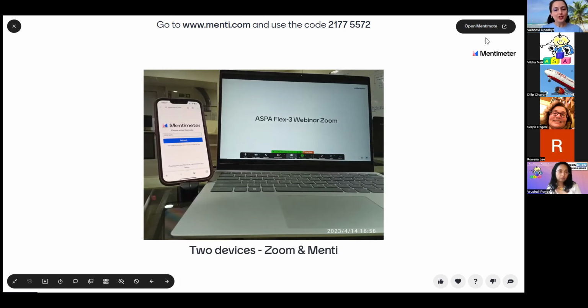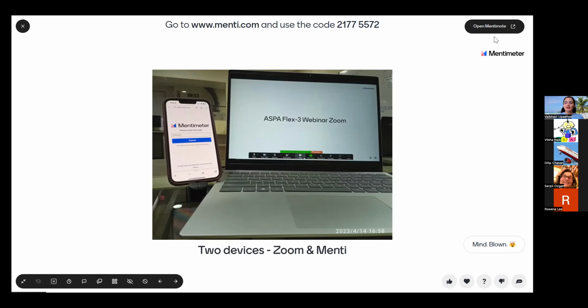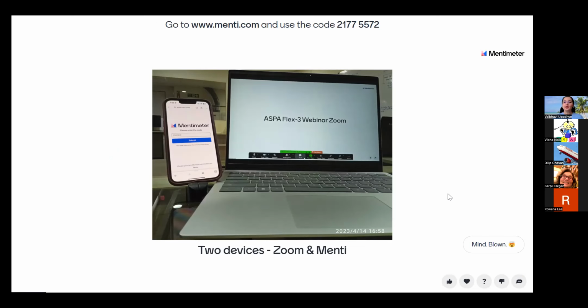As Dr. Rushali mentioned, there are 2 devices that may be required. One is the laptop where we are entering through Zoom, through the webinar link that you have just entered ASPA through. At the same time, on the smartphone, I would request you to open menti.com. As you can see on the top, there is an instruction on this slide. On this website, enter the numeric code. Once this is done,